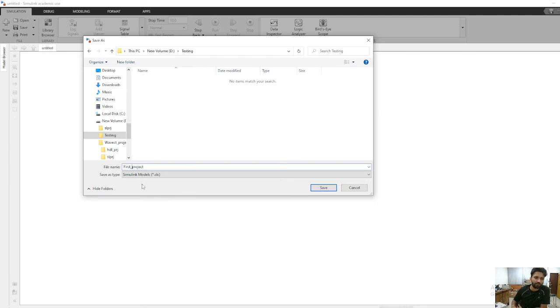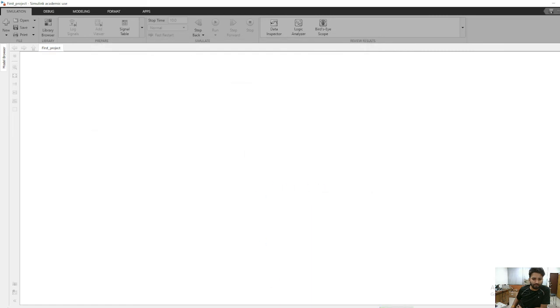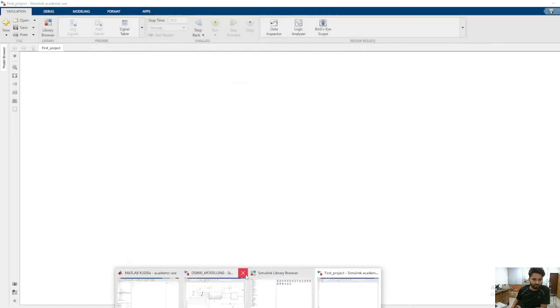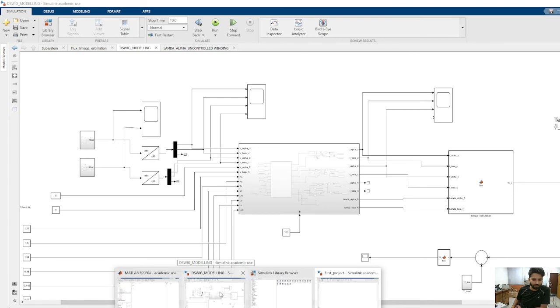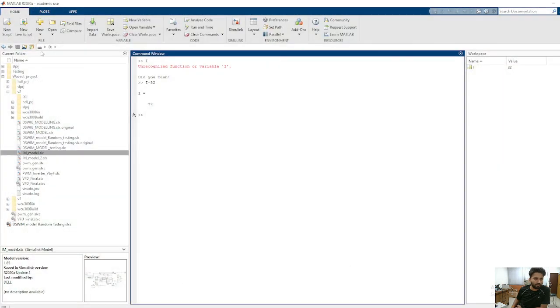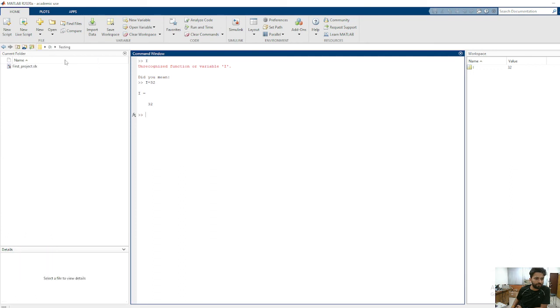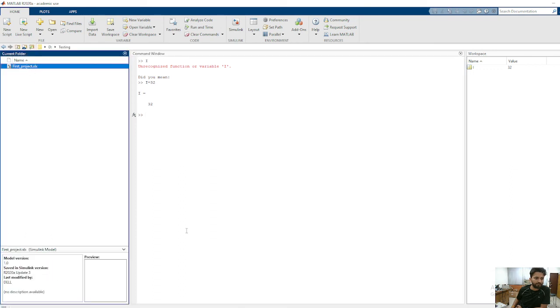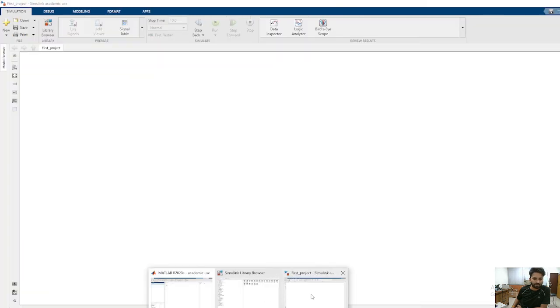I cannot use a space. So I'm saving it. And now that I have changed the directory, I have to change it here also. In D, I go to testing, and here I have first_project. So I have changed the directory.